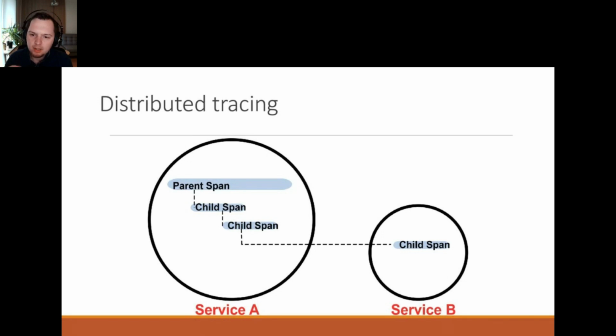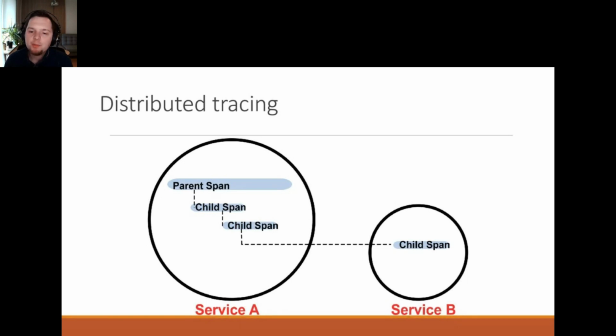So you can have one trace, but you can have multiple spans, and the spans can also go through the whole system. Each span will have a name of the operation that you are doing, but the important part will be the start and the finish, some kind of timestamp, so we can measure how long it takes to do that operation.